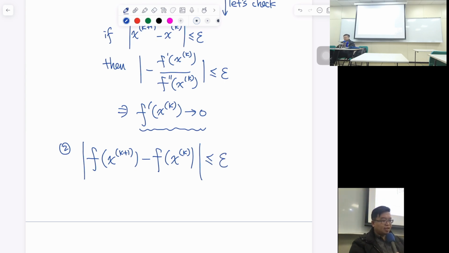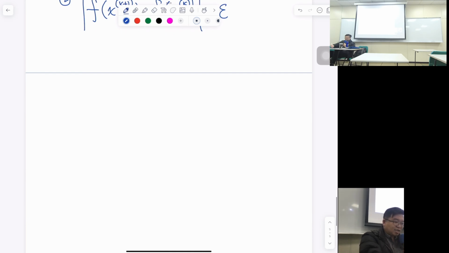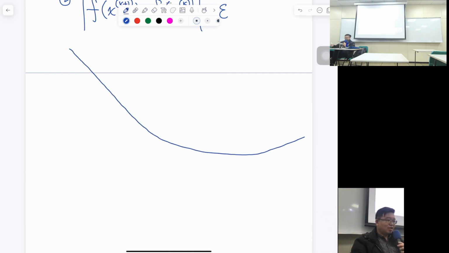So when the function value of the new point is so close to the function value of the previous point, then probably you should stop. So in what situation you could see this? If you have an equation that is very flat at the bottom, so you start from here and Newton's method